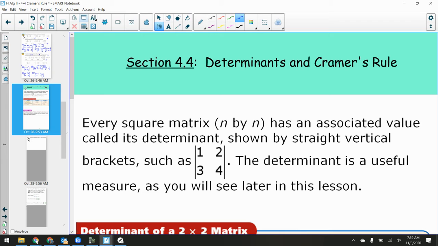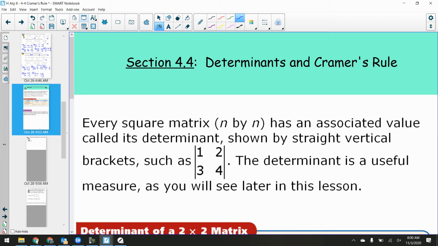The determinant will tell you things about the matrix. And only certain matrices have determinants. For example, every square matrix has a determinant. What does that imply about non-square matrices? They don't have determinants. So if I say give the determinant of a 2 by 3, that's a dumb question because there are no determinants of 2 by 3s. Every square matrix, n by n, so 2 by 2, 3 by 3, 4 by 4, and so on,